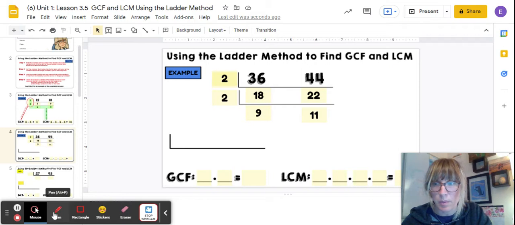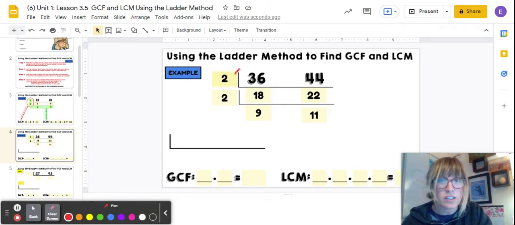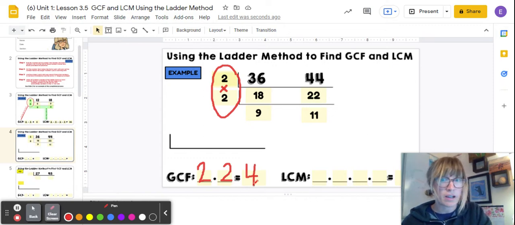So when we get to this spot, to find the GCF, we're going to look to the left. Okay, GCF on the left. These prime numbers over here are what we can use. So I'm going to end up doing 2 times 2. GCF on the left, our greatest common factor becomes 4. We multiply this prime string together to discover our greatest common shared factor. We're going to then